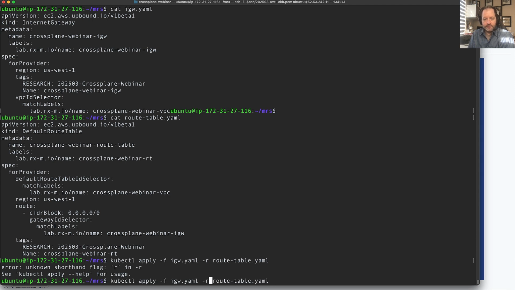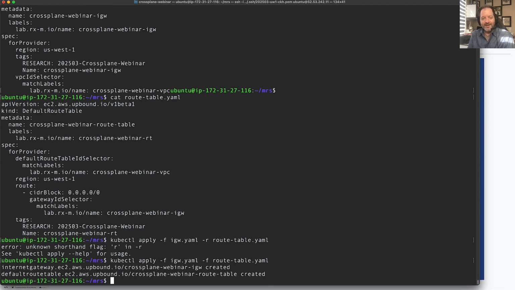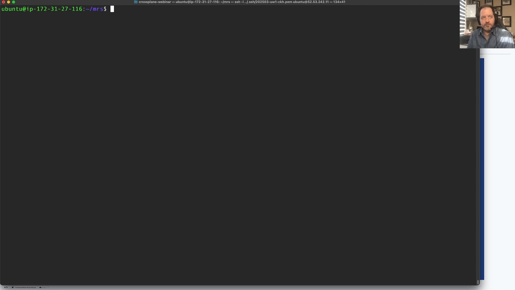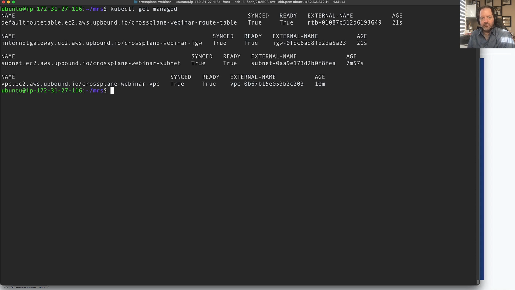And it helps if I can spell. Okay, so now I've got a number of resources that I've created. If I want to list all of them, rather than comma separating kubectl get, VPC, subnet, etc., you can use kubectl get managed. Now this can be kind of a dangerous command if you have a lot of managed resources. Obviously I'm doing a demo here in a small cluster, and so I don't have a ton of those, but oftentimes you want to filter this with some